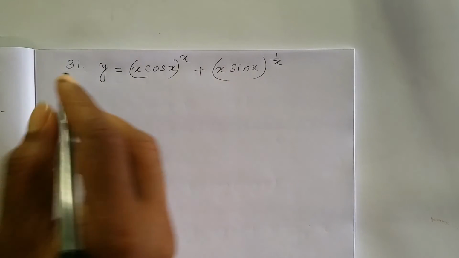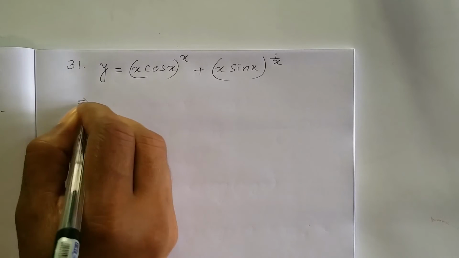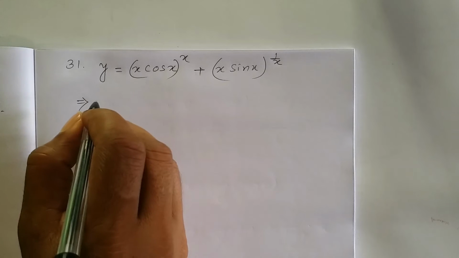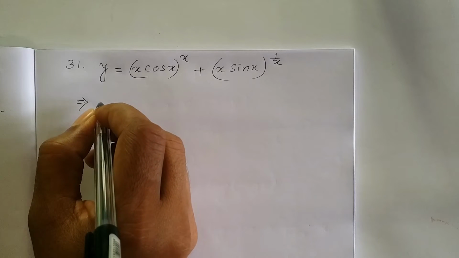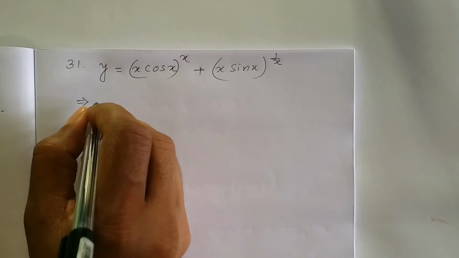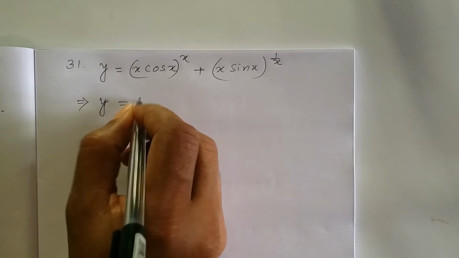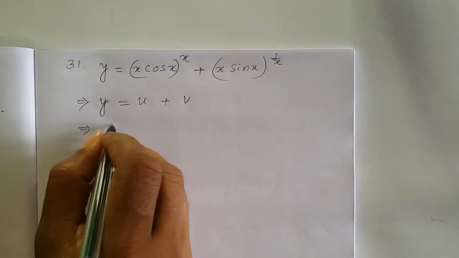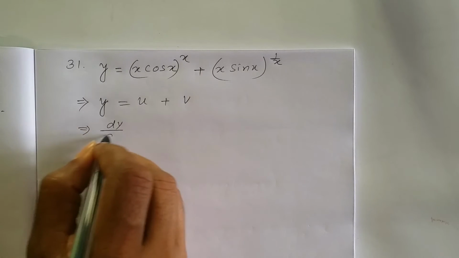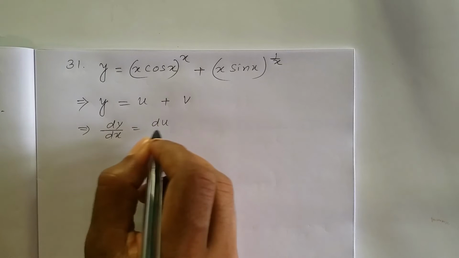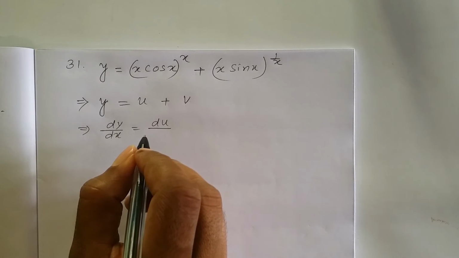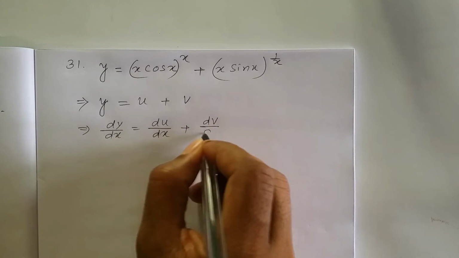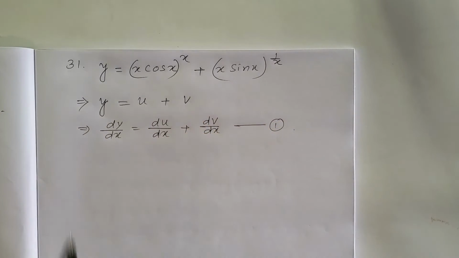Okay, so next we come to another question. So this is our question, and here also it is in u plus v format. You can do it with the e to the power system or the u plus v system, there is no problem. I will do it in the u plus v system, I will use two methods. So what will du dx be? Tell me: dy dx is equal to this is du dx plus this is dv dx. Mark it by 1, then u is what?